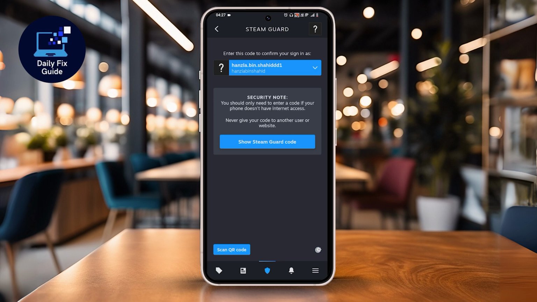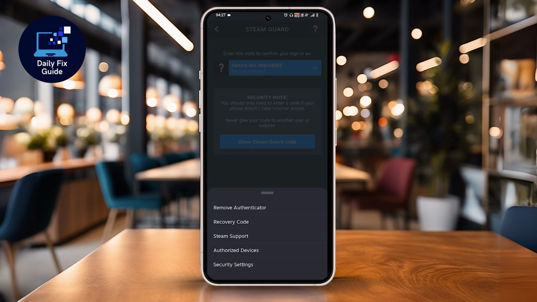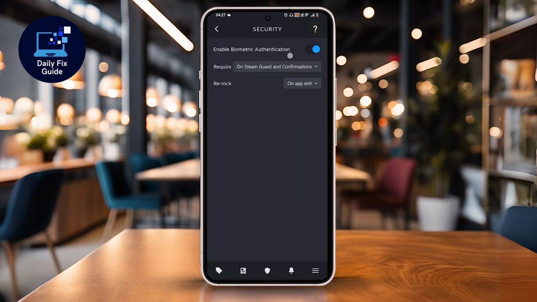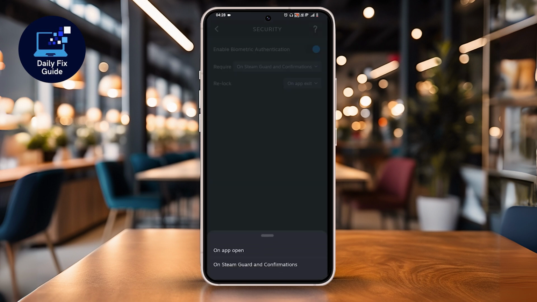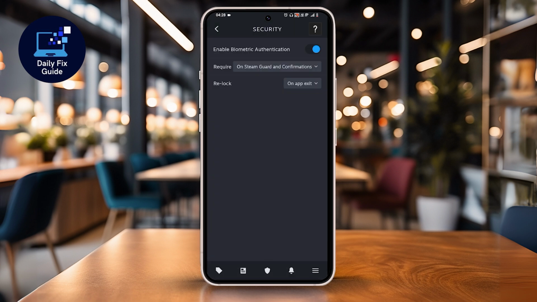Here, tap on the gear icon shown at the bottom. In the drop-down menu, select the security settings. Hit the toggle button to enable the biometric authentication. Lastly, choose the On Steam Guard and confirmation in the Require area to remove Steam market